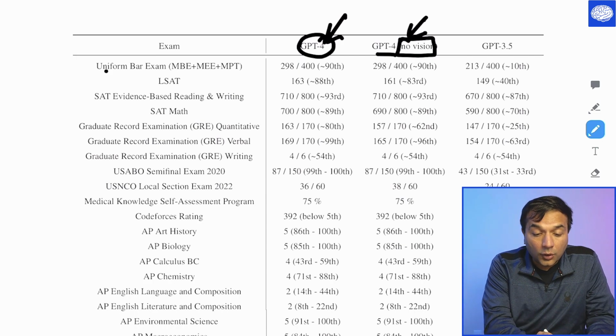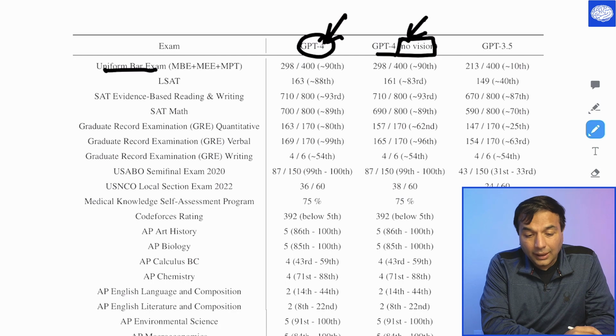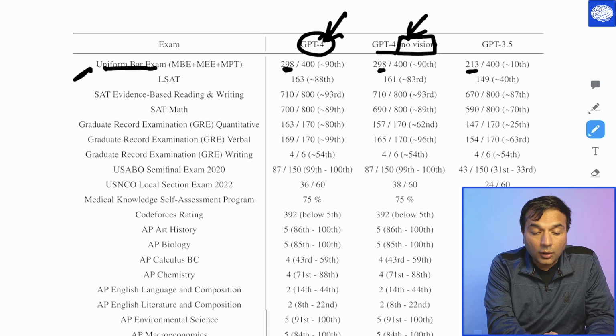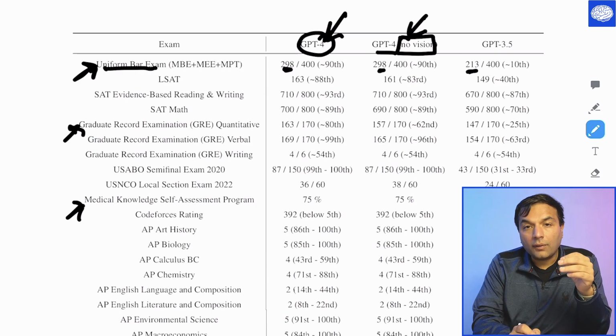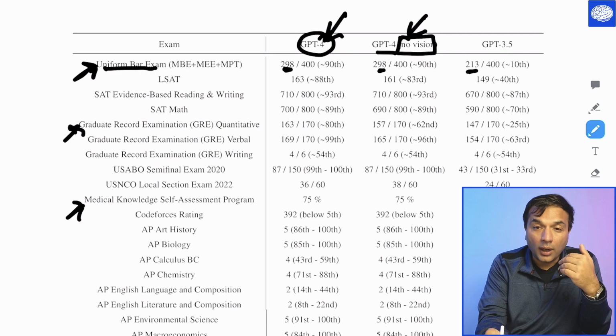And as you can see, the uniform bar exam, which is honestly a little worse than the USMLE as well. They're going to basically see that there is significant improvement in GPT-4 in terms of this. And this is exactly when you're looking at things like the bar exam, GRE, medical knowledge self-assessment, etc. These actually tell you that a lot of questions on those are about reasoning. And that's where GPT-4 is much better than